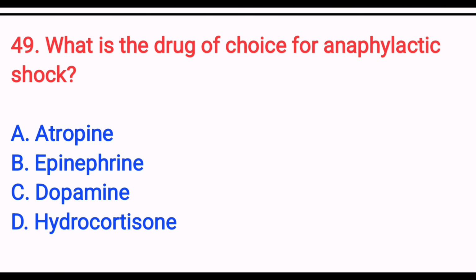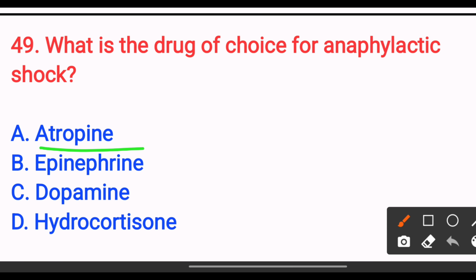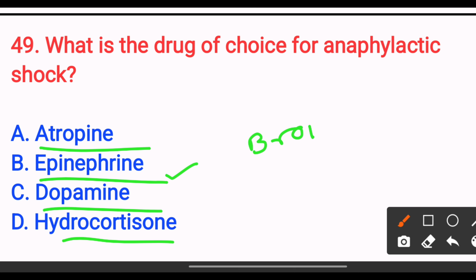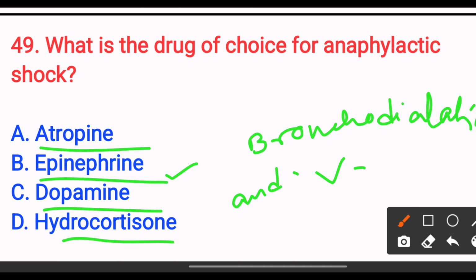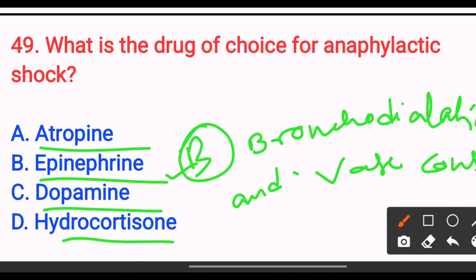What is the drug of choice for anaphylactic shock? Option A atropine, option B epinephrine, option C dopamine, option D hydrocortisone. The answer is option B epinephrine. Epinephrine causes bronchodilation and vasoconstriction, reversing the anaphylactic symptoms rapidly. So the answer is option B. Next,